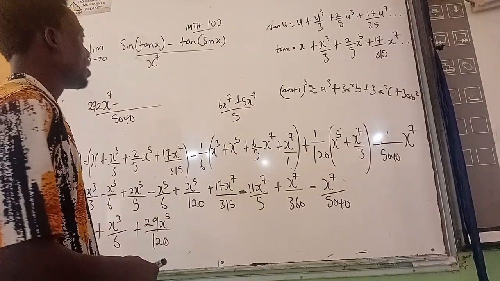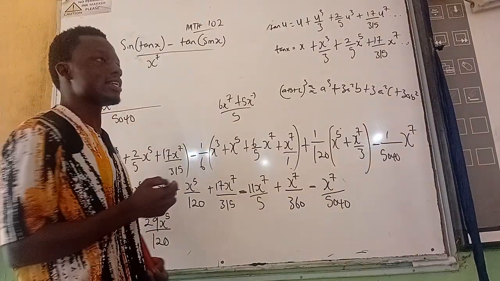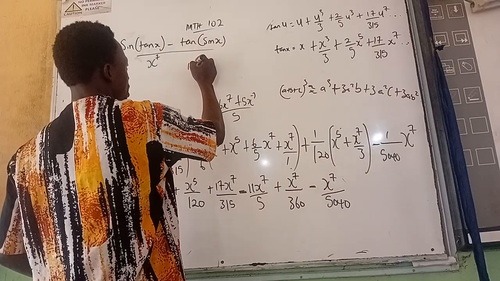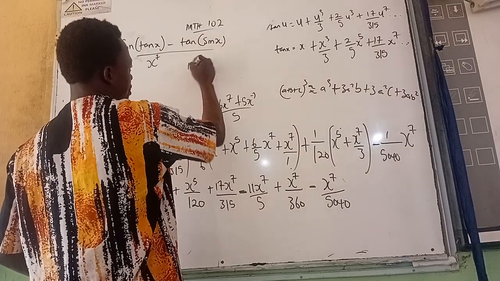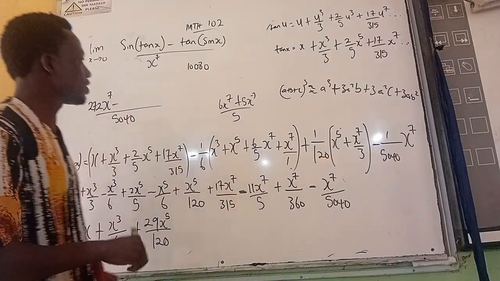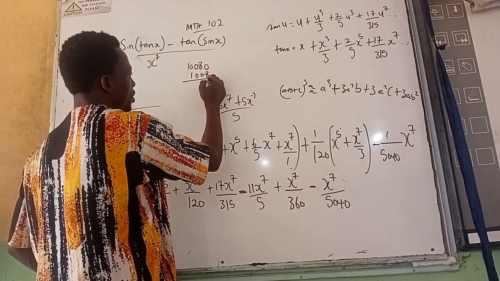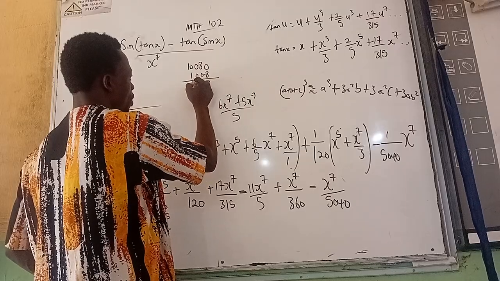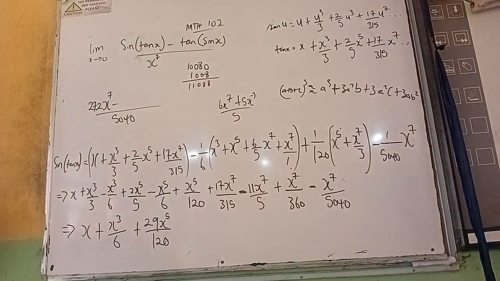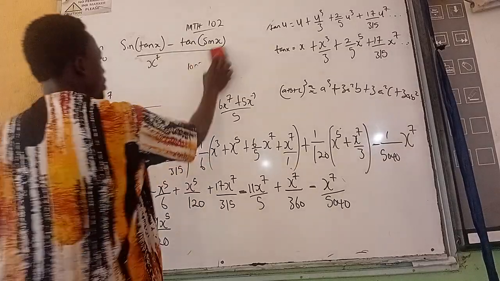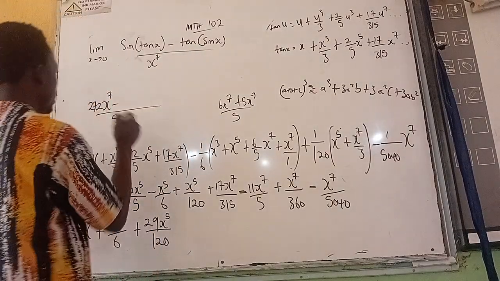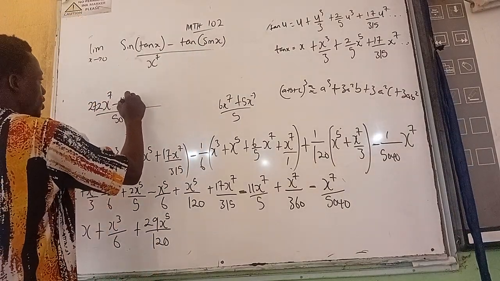Let's say 1008 times 10, that's plus 0. If you add 1008 again, we are going to have 11,088. So minus 11,088